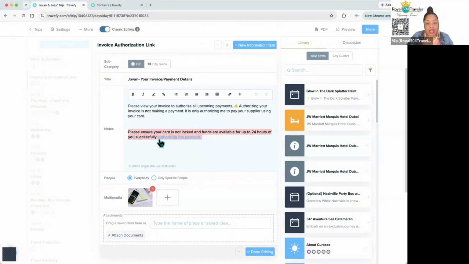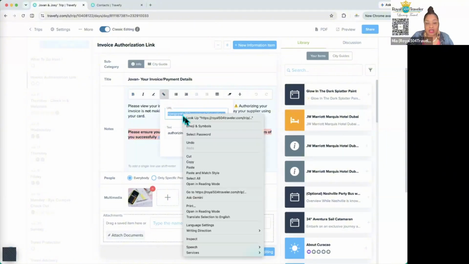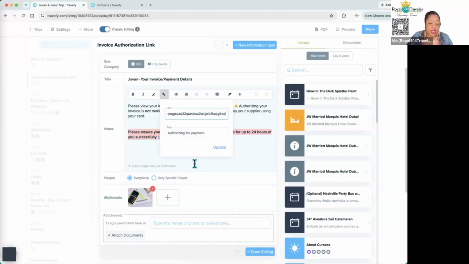the payment, right? So this link right here that says authorizing the payment, if you click on it once, you can see the little cursor, and then click on the insert link, you can replace any URL that you already have there with the client's invoice link that we just copied. So all I did was click on it and replace it, and you have to hit update